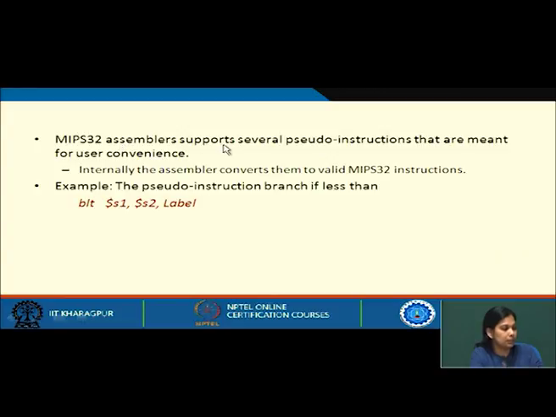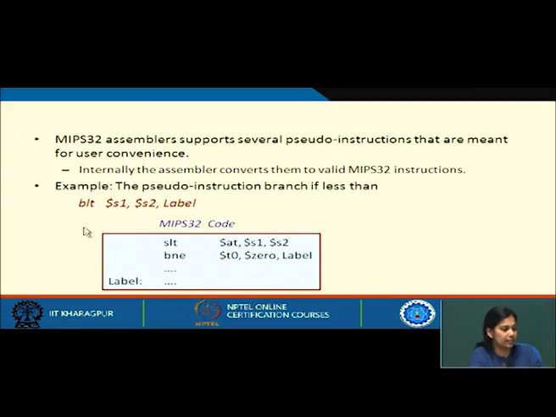So, MIPS32 assembler supports several pseudo instructions. This I have already discussed previously, that are meant for user convenience, but even if they are pseudo instructions, internally they have to be converted into some valid MIPS32 instruction. So, some pseudo instructions we already have, for branch less than. This instruction will get converted into